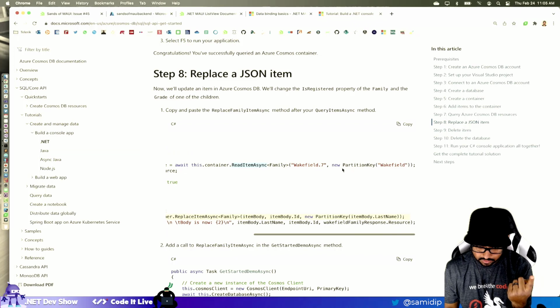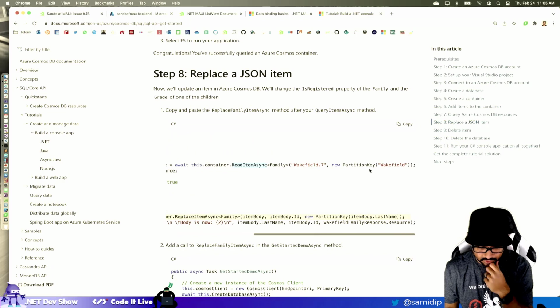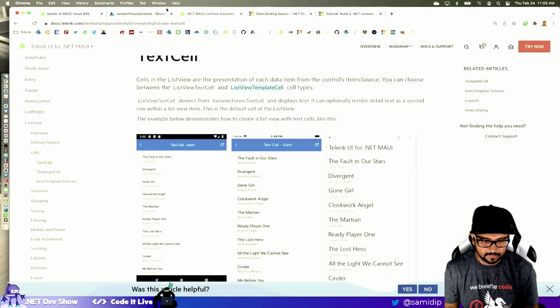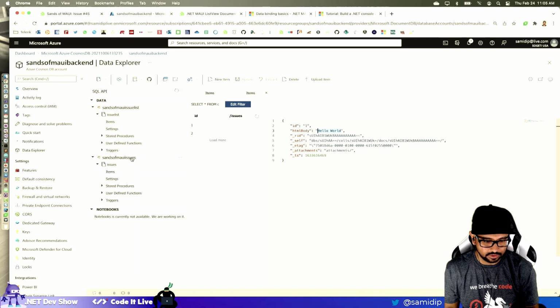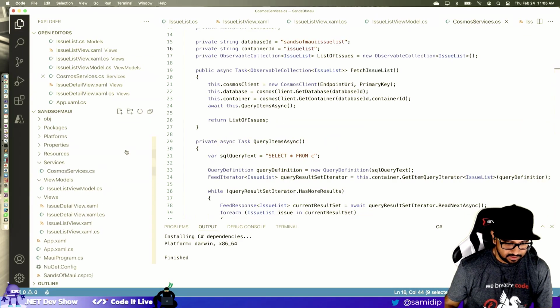But, oh, I need to mention a partition key. What is my partition key? I thought that was my partition, or maybe issues is my partition. Okay, let's start, and we'll see where this fails.